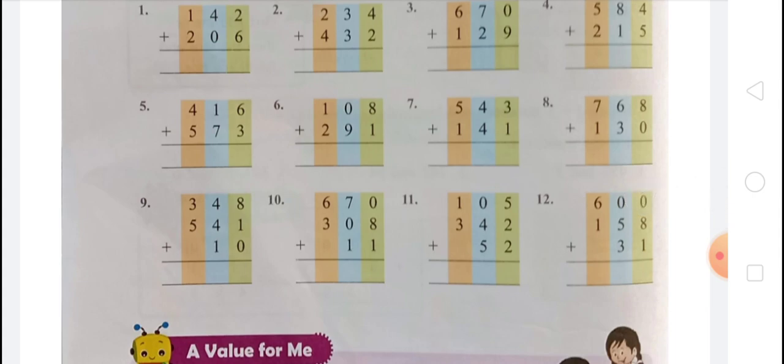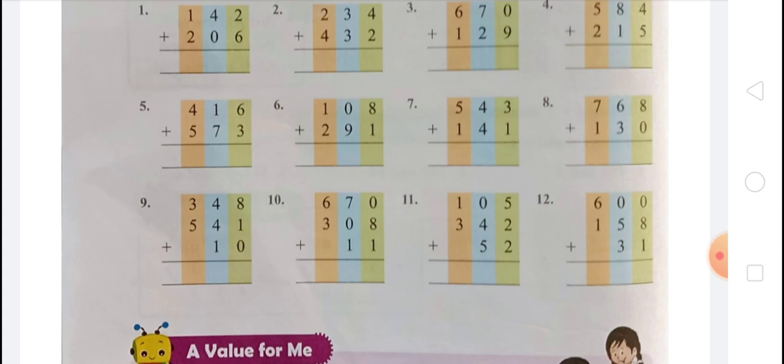We know that we have to add first ones places, that are 8, 1 and 0. 8 plus 1 equal 9, and 0 more equal 9. Okay? Why? Because 8 ones plus 1 one equal 9 ones, plus 0 ones equal 9 ones. So there will be 9. 8 plus 1 plus 0 equal 9.